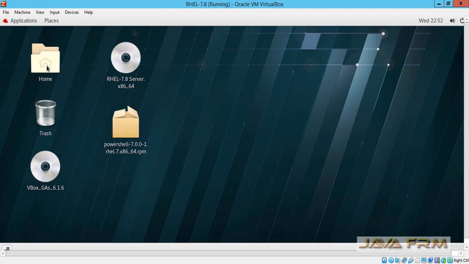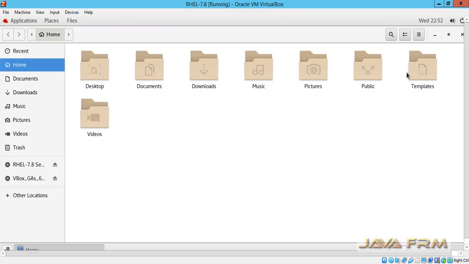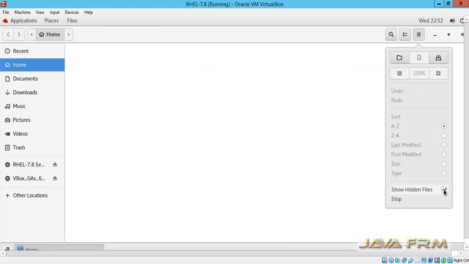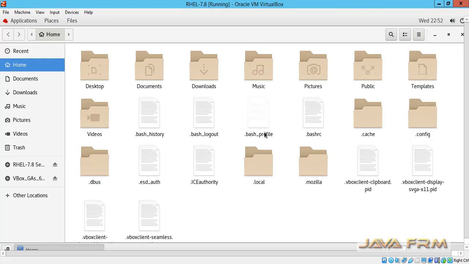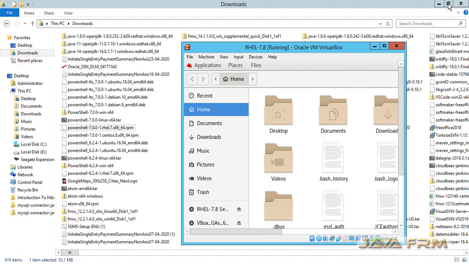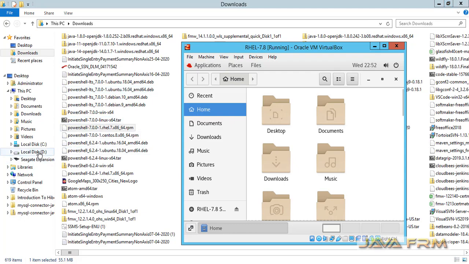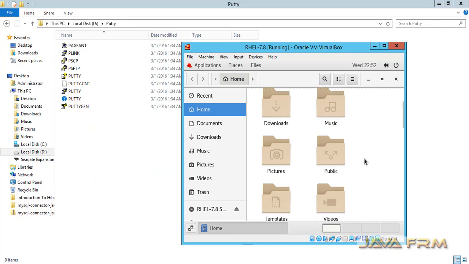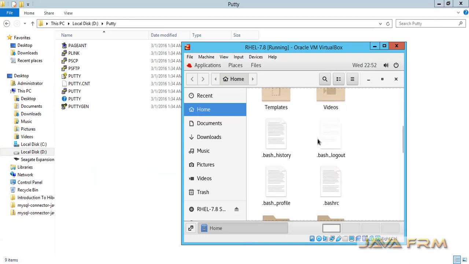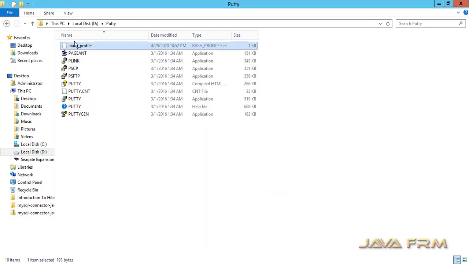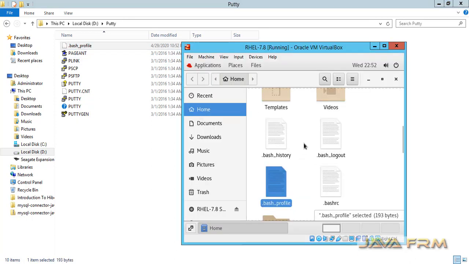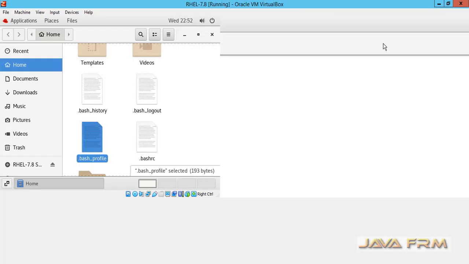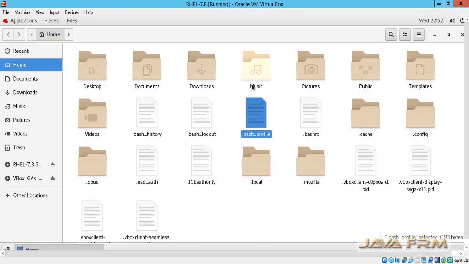Next step is I am going to drag and drop a file from Linux to Windows, from Red Hat Enterprise Linux 7.8 to the Windows machine. Yes, successful. So the Red Hat Enterprise Linux 7.8 installation on VirtualBox 6.1 with guest edition software is successful.